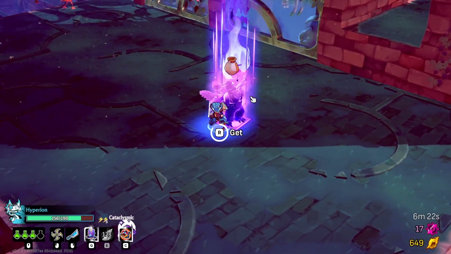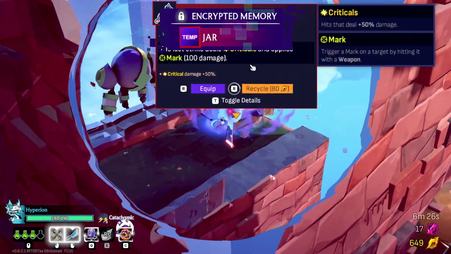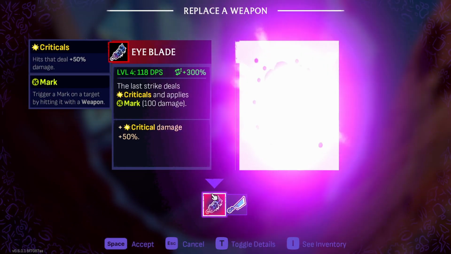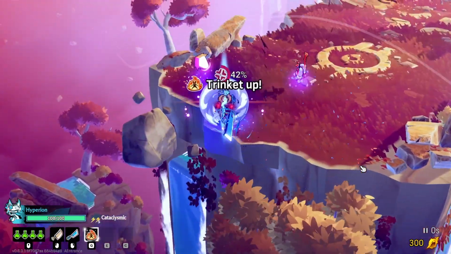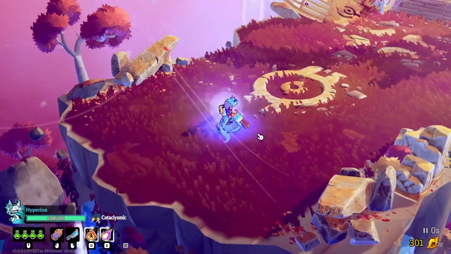Wait, wait, there it is. There it is. We got one. We got one. The jar. That's a new weapon. Yes, it is. Yes, sir. I am on the hunt here because there are 2 new weapons in Windblown added in this